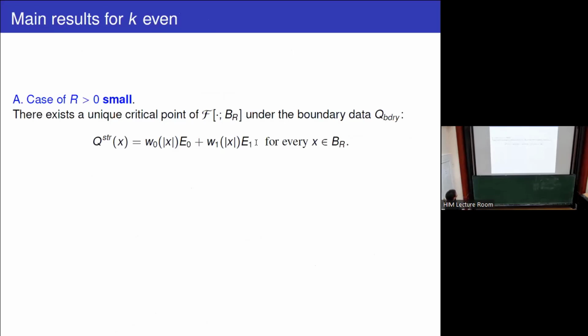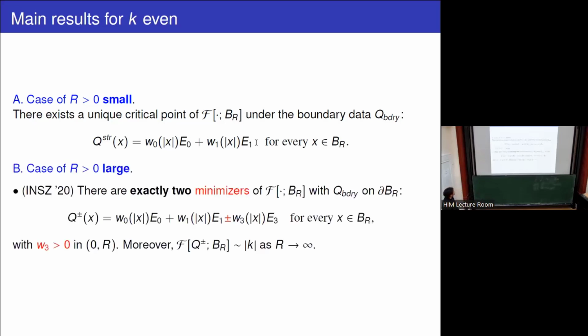Now, results for k even. When R is small, there is just one critical point, one minimizer really, for the problem, even for the PDE, and that's just because the energy will be convex, and that's due to the Poincare inequality, which allows you to control the L2 norm with the gradient, with a very large constant. So the smaller the R, the larger the constant, and then you can see that the energy is convex, and then you have a unique minimizer,